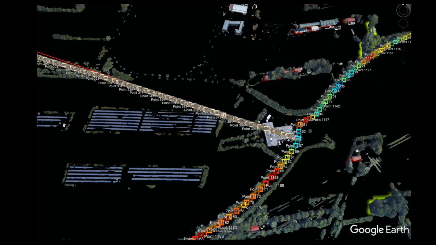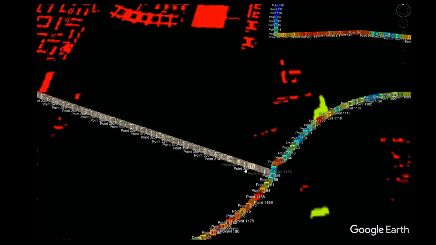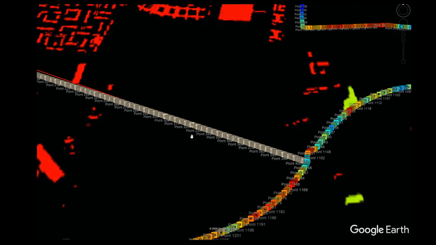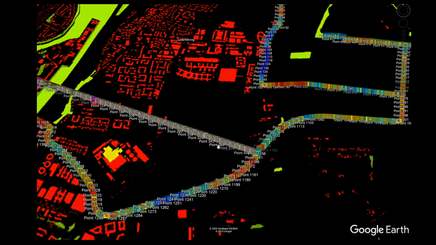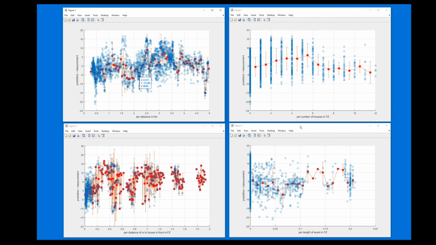And obviously there is a building in front of the receiver that has not been identified. And if we skip the 3D buildings of Google Earth, we clearly see that it does not occur in our data bank. Maybe it is a new one. So we would kick out this profile before a general conclusion of the model performance is done. With the help of many different error tendencies, empirical correction factors for the model can be deduced, and by optimizing step by step, a new mathematical model is born.